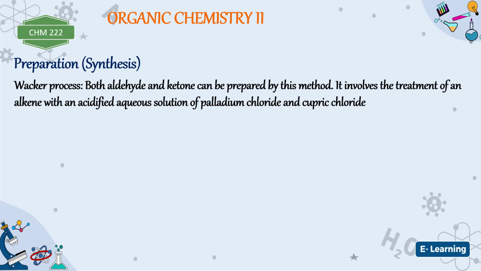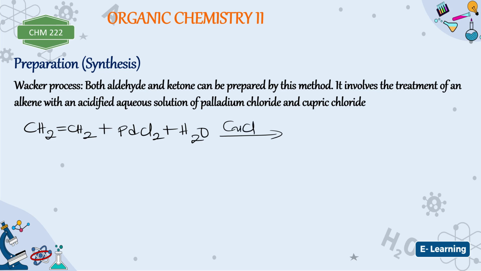It involves the treatment of an alkene with an acidified aqueous solution of palladium chloride and cupric chloride. So we have an alkene, which is CH2 double bond CH2 plus palladium chloride plus H2O, water, and then we have the cupric chloride